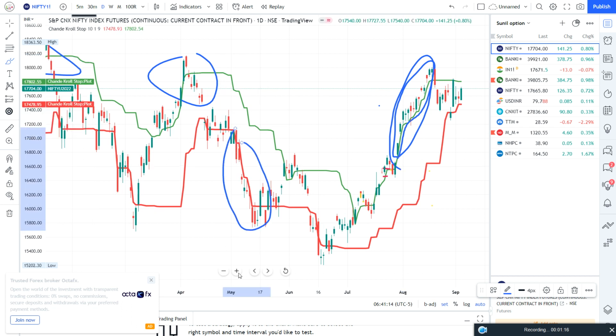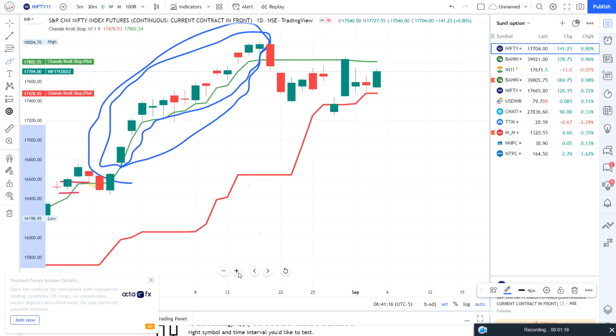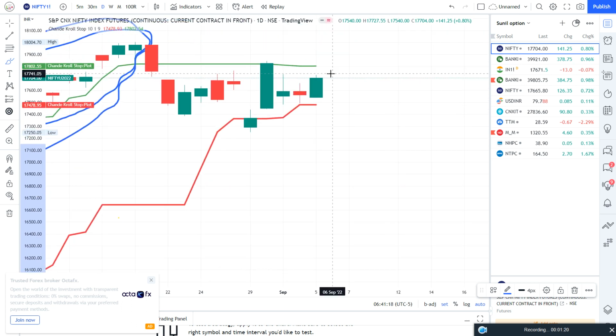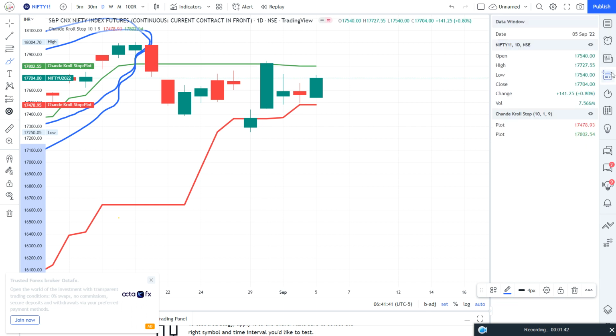Okay, so here Nifty seems very choppy, it seems very confused. यहाँ पे confused लग रही है, but this candle has touched this upper channel and the band is very shrunk, so big movement may come. And one more point we can notice is that these three candles, right, are moving inside this big candle. Okay, so we just need to wait for the breakout. So big movement may come, but which side?